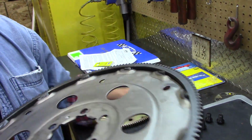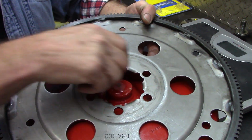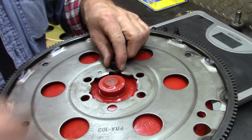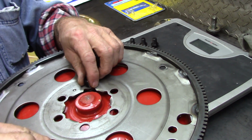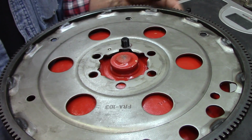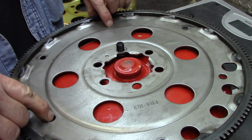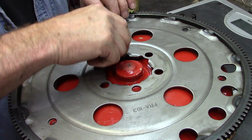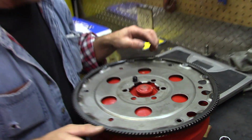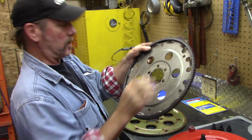And just like what we did when we were working on the Javelin, you got to check for all these clearances, and this steps it away now so it's not rubbing against the torque converter. And we'll line up, this is where it would be bolted up. This is the stock one. Okay. So then, if this is stamped that way,